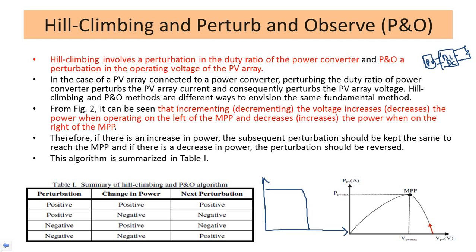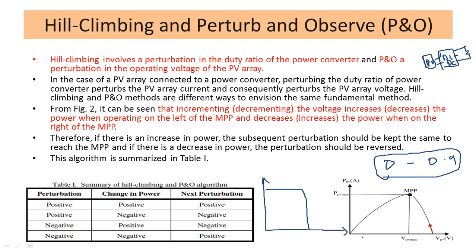Of course, your duty cycle is going to be varied from 0 to 0.9 or 1. Why is it only in this particular region? Why is it going to be 0 to 0.9? We'll deal with this 0 to 0.9 when we go to DC-DC converters specifically. That will be discussed in the upcoming class. But as of now, you need to understand that the duty cycle cannot be varied below 0 or above 0.9. So that is a point.